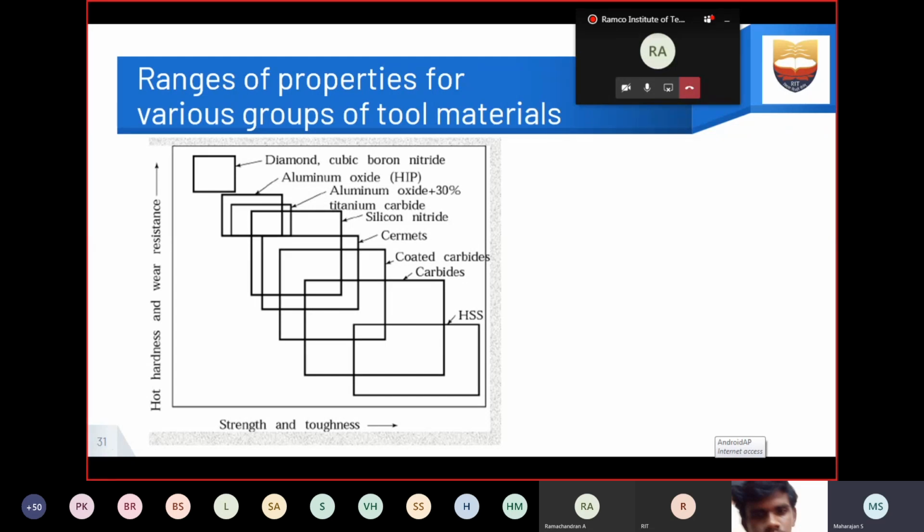For example, super alloys, nickel based material, cobalt based material, ferrous cobalt based material, austenitic stainless steel, and martensitic stainless steel. These hard steel materials can be machined using the hard diamond and cubic boron nitride tool materials, which are used to machine high temperature application materials. So this is the main emerging material for all these purposes.